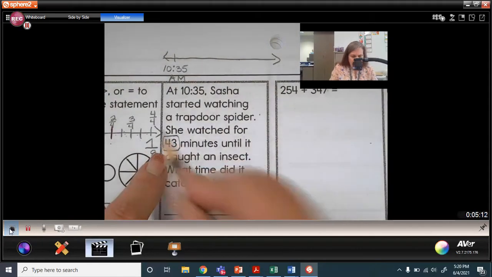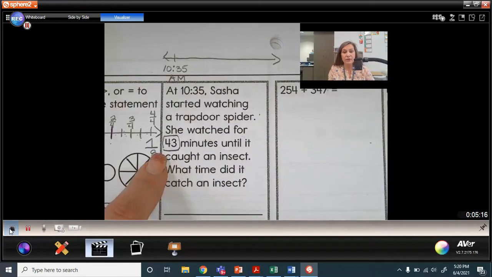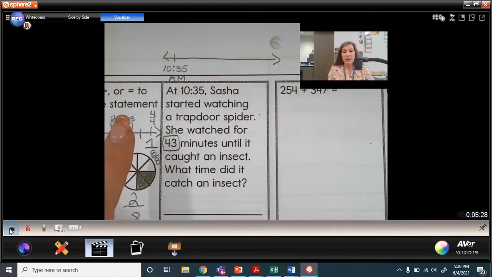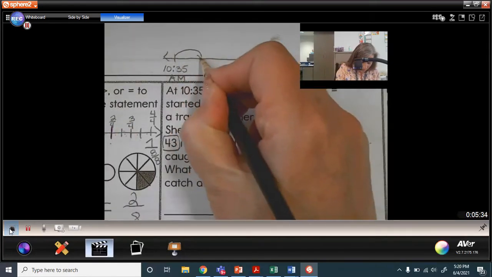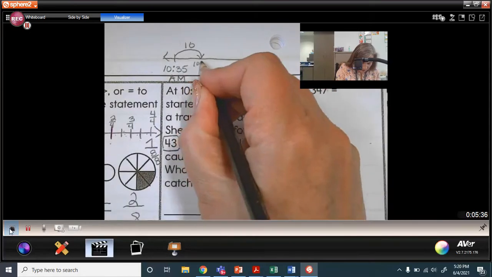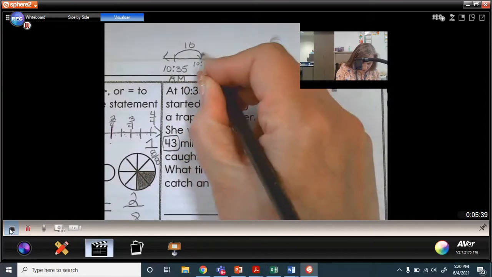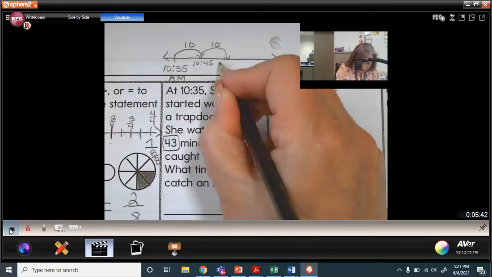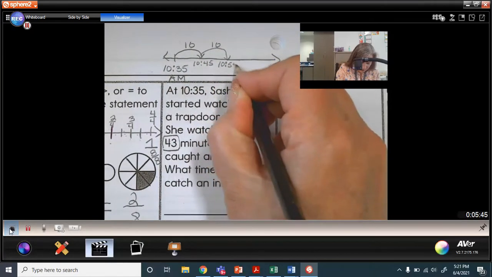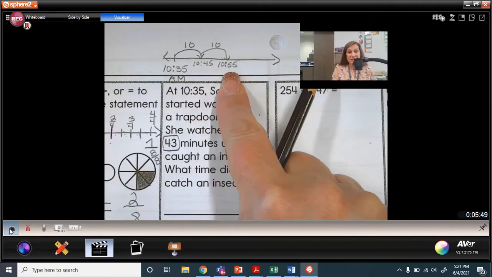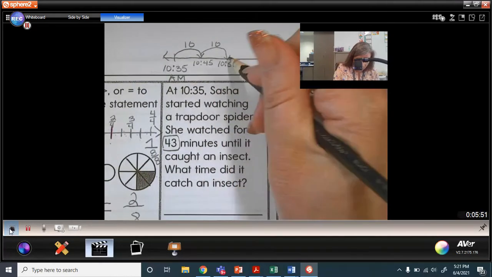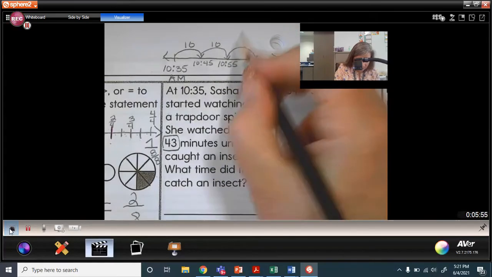Now, there's several ways that you could do this. You could break it up as 20, 20, and 3, or you could break it up as 10, 10, 10, 10, and 3, or you could break it up as 30 and then 3. It's up to you, but I'm going to start off with 10, and I'm going to add on 10 minutes, and that would put me at 10:45. If I add on another 10, that places my time at 10:55. Now, 10:55 means that I'm getting close to that next hour. So if I add 5 and 5, that makes 10. Then now I'm at